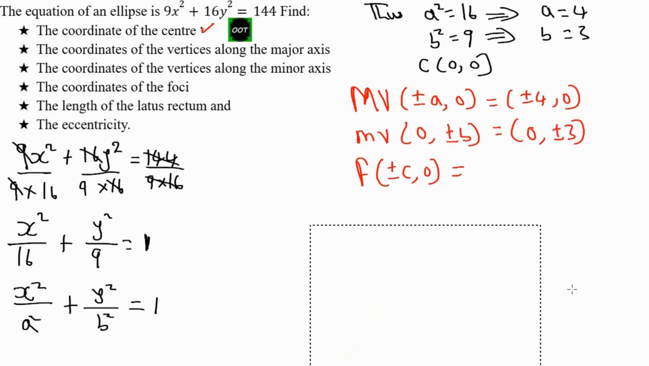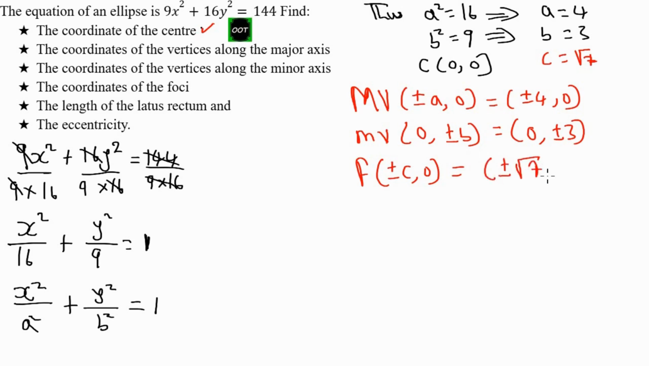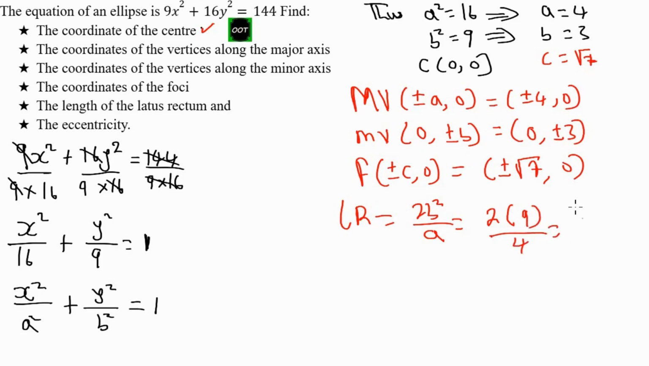So I'm putting that somewhere around there. c is equal to root 7. Am I communicating? Thus, we have it to be plus or minus root 7, 0. Perfect. Length of latus rectum, LR, is equal to 2b squared over a. That's 2 times b squared, which is 9, divided by a, which is 4. And that's 18 by